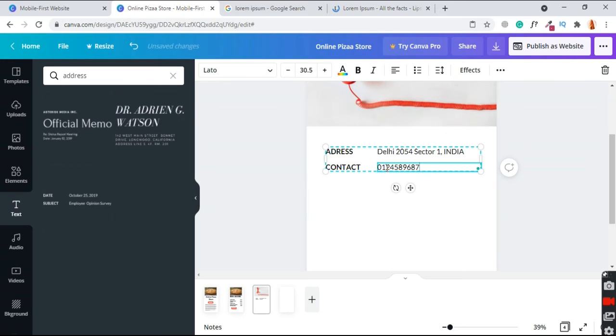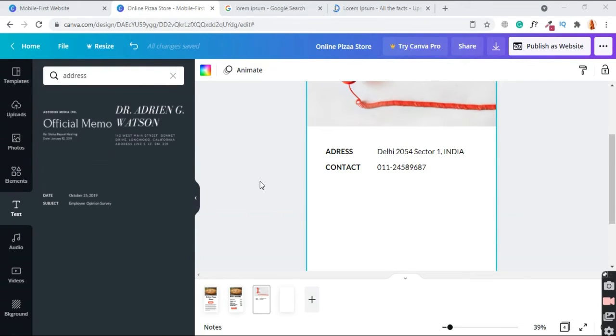Okay, now we have added address and contact. What can we add or mention more? Yeah, email.